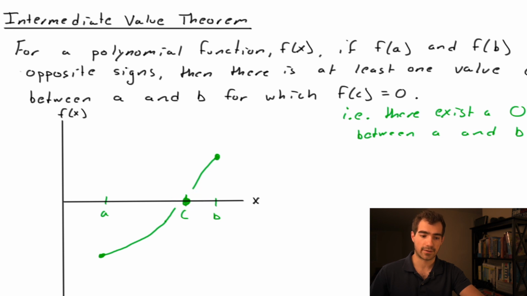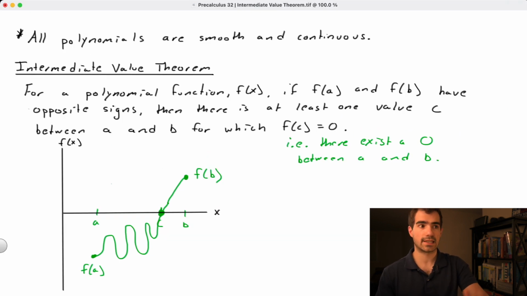We can't have the function break like this because then it would be discontinuous, and we now know that all polynomials are continuous. So regardless of what it does, as crazy as it might get here, at some point it's going to have to cross through the axes in order to get up to the other side to reach the point f of b. And if you're sitting in any doubt of this fact, try exactly this exercise here where